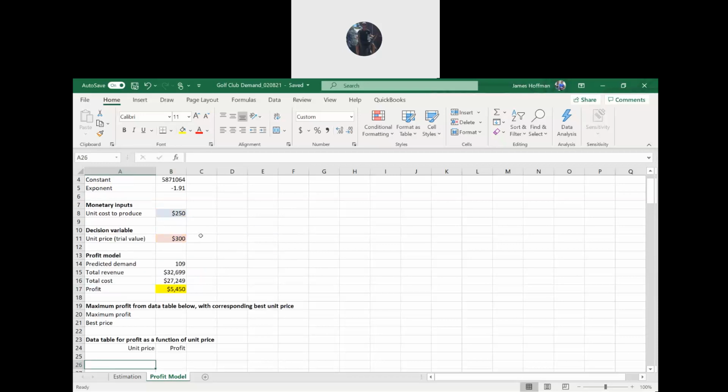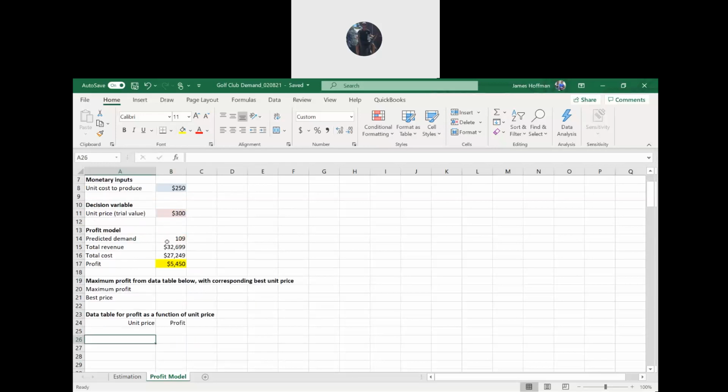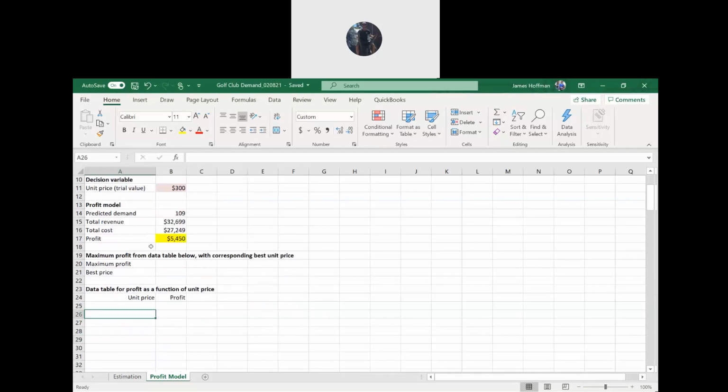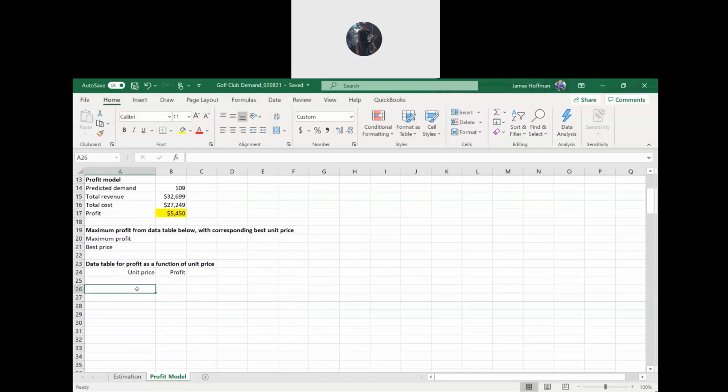So note that the unit price is like the selling price or the market price that the customers are buying, and the unit cost is how much it costs us to produce. So right here, we're going to look at different unit prices and what our profit would be based on them. Obviously, as a firm, a higher unit price gives us more revenue, so that's going to increase profit. But let's look at how it changes. So starting here in B26,